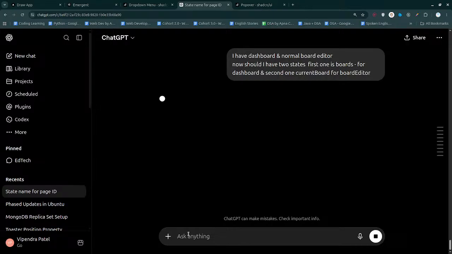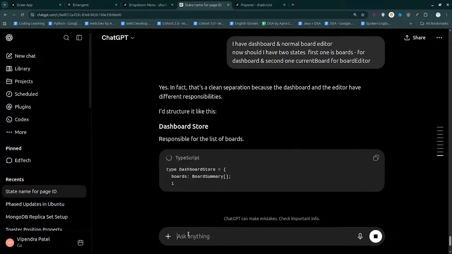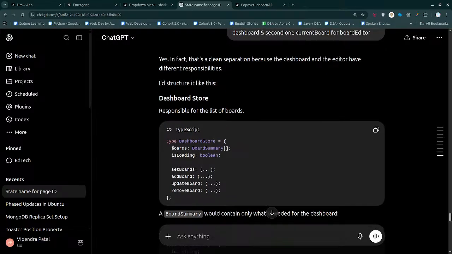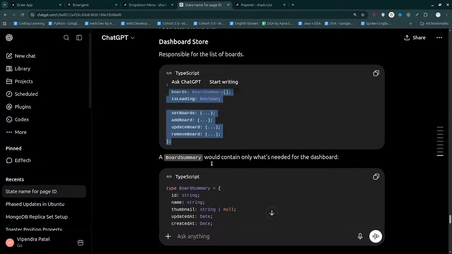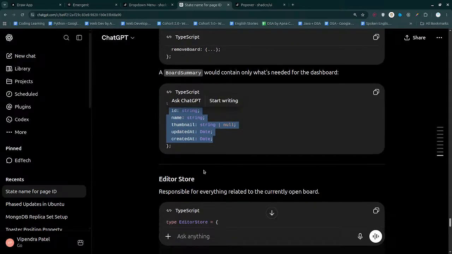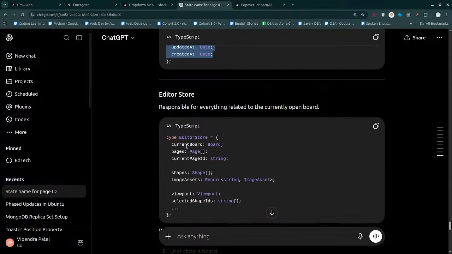Let's see, I think yeah, that is sort of obvious, so we should probably definitely need to have that. Yes, in fact that's the clean separation, because the dashboard and the editor have different responsibilities. Dashboard store is gonna be like this, and board summary would contain only what's needed for the dashboard, as simple as that, as expected. Editor store will have the current board, will have the pages, will have the